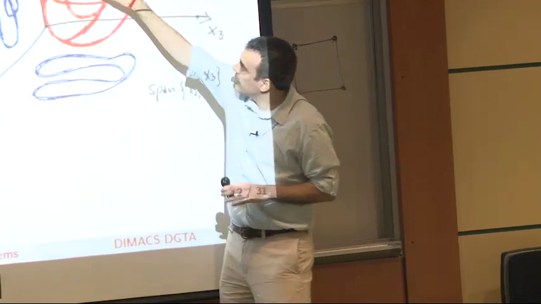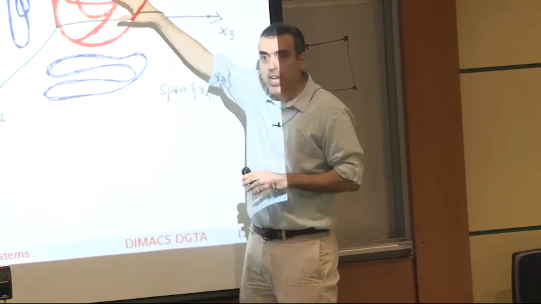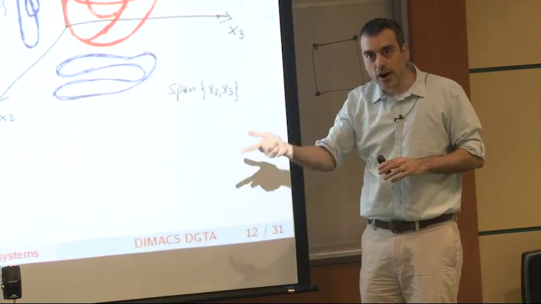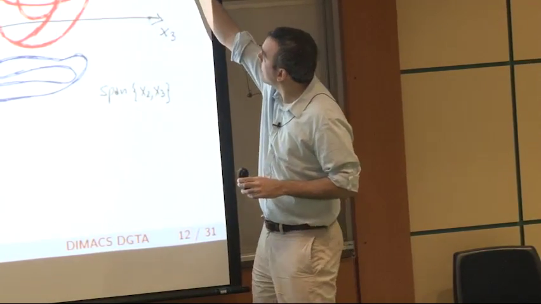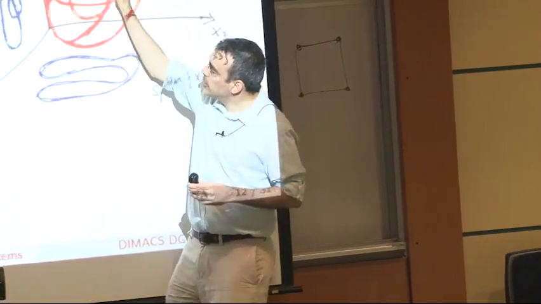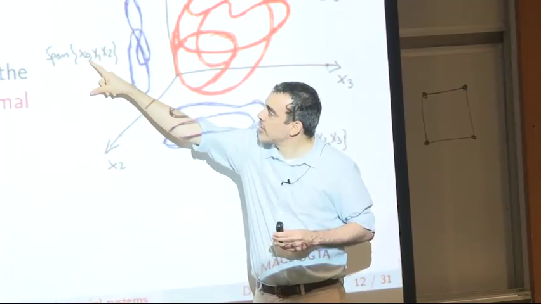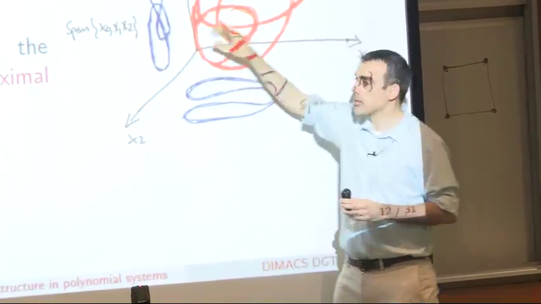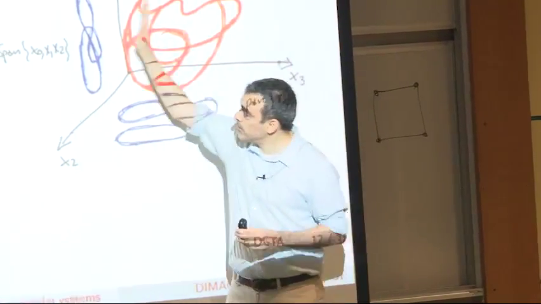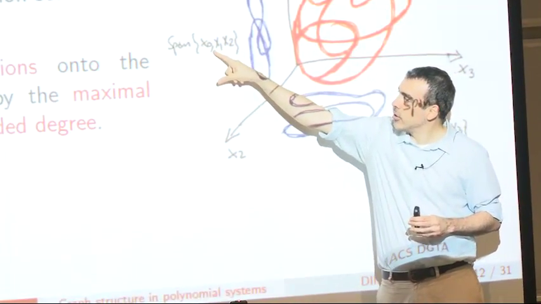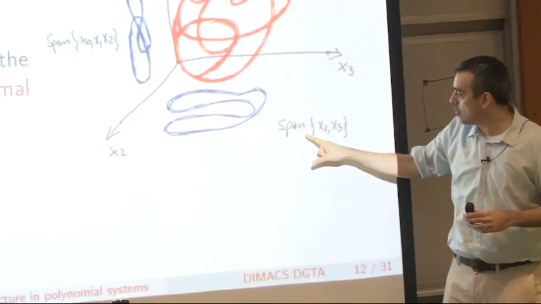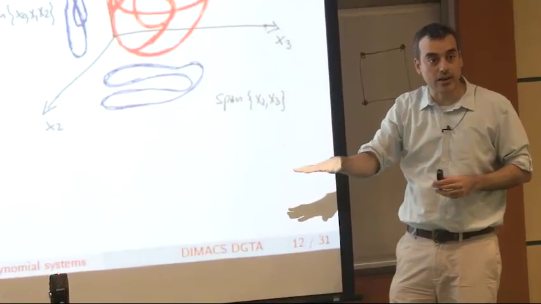So instead of looking at this, I'm going to look at the projections of this onto the subspaces spanned by the variables in the maximal cliques. For instance, in here, and again this is just a cartoon, imagine I'm looking at the subspace spanned by x0, x1, and x2. So in here, this is a space R4. I look at the projection of this on the span of x0, x1, and x2, this clique. And I look at the projection of this on the span of x2 and x3, which is the other clique.